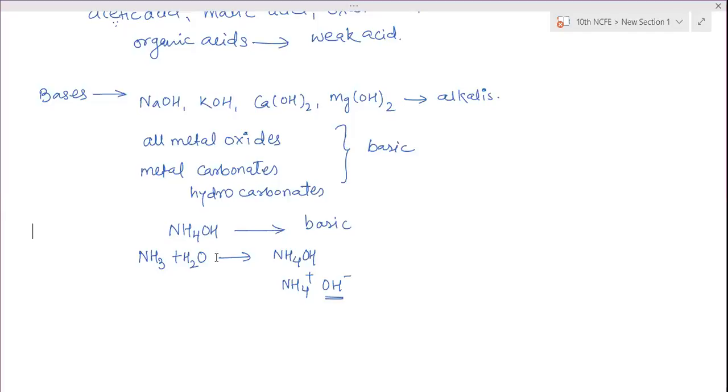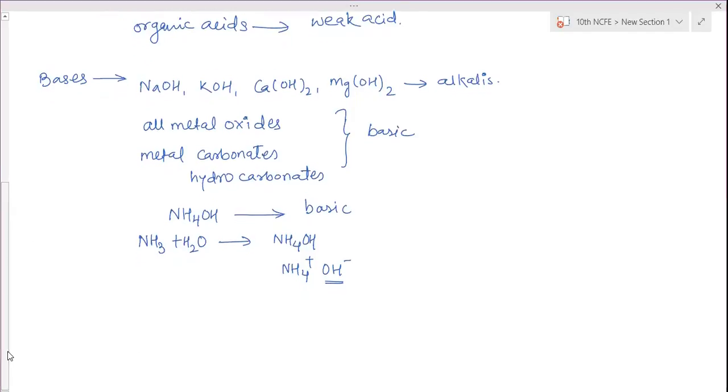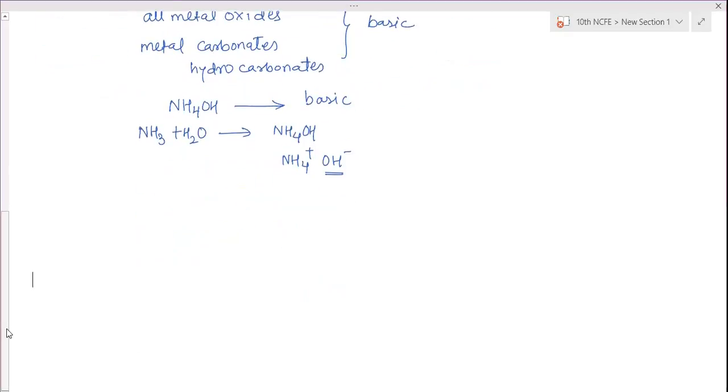Then these questions can be asked. Now further, the common properties between acids and bases. What are the properties which are common to acids and bases? They are inflammable. Ma'am, corrosive. And they conduct electricity. First one is inflammable and corrosive, both of them.